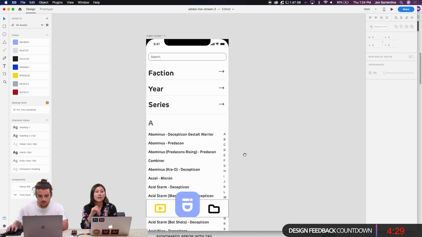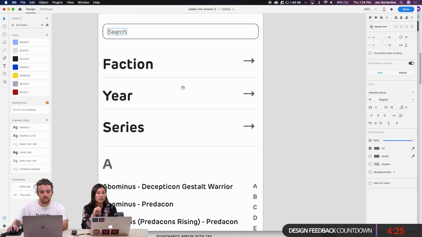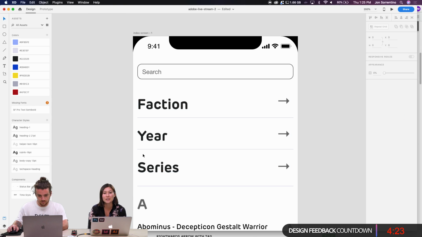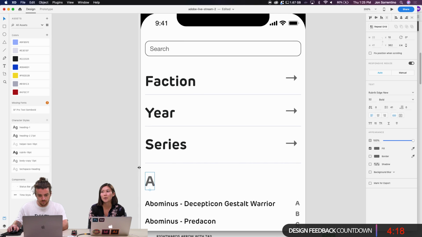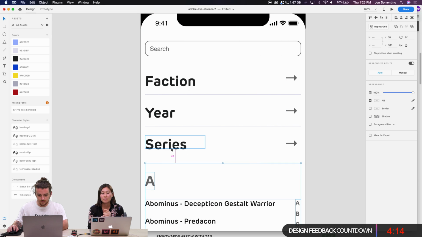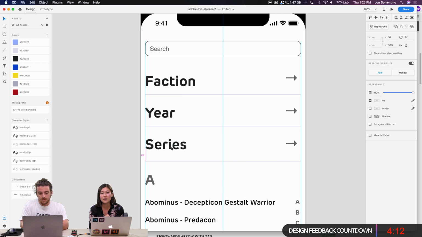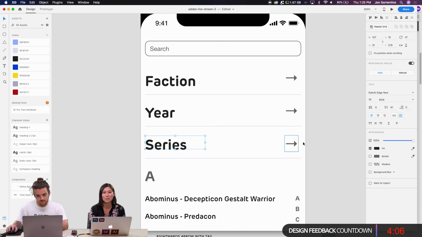Tim just sent in the chat a link to adobeXD.uservoice.com, which is a place that you can send in your feature requests for Adobe XD. The team actually looks at all of the different things that you submit. So any feature that you're looking for that you aren't finding in XD, you should go to that site and put in your request. You'll probably find that other people want that request too, and you can upvote it, which is awesome.